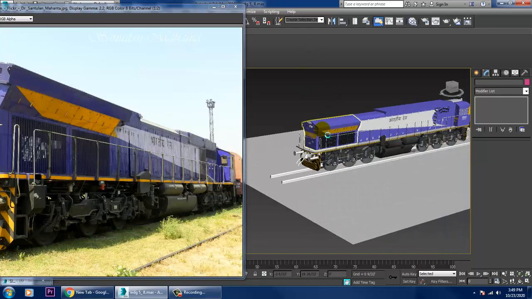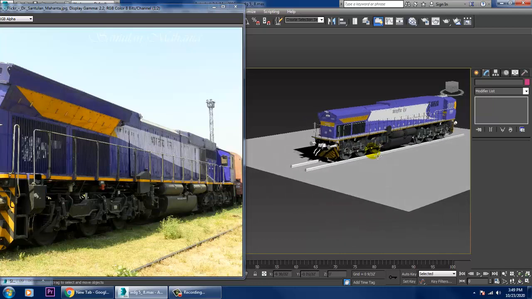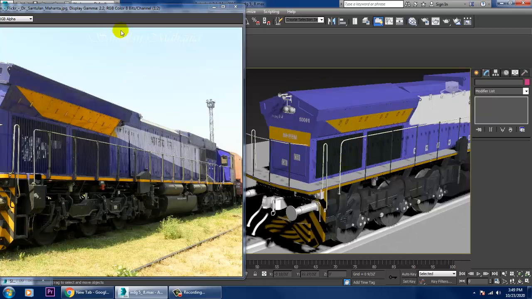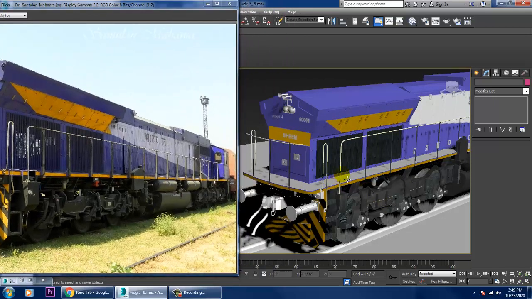Just save your file. So we are not unwrapping all the elements over here. The elements only which are required, we will just be unwrapping that.